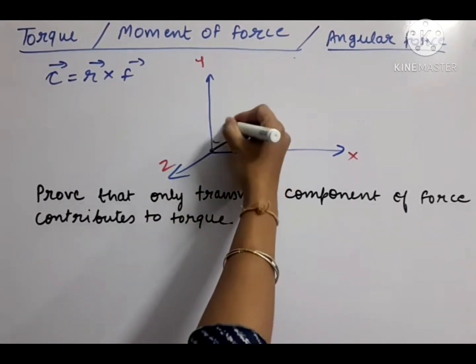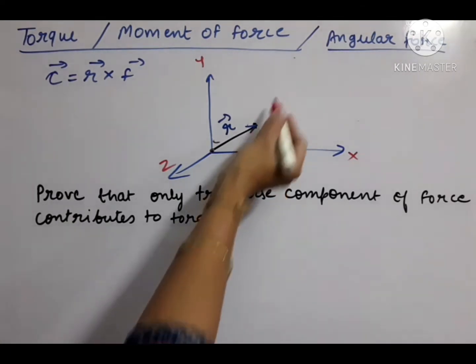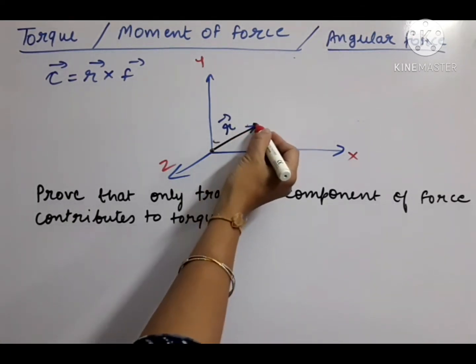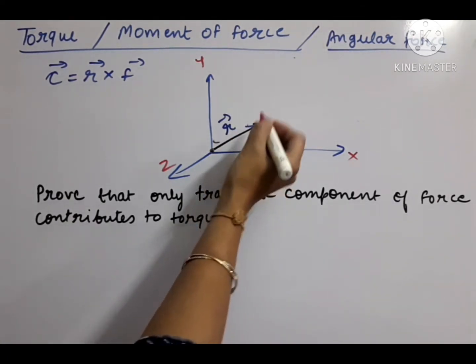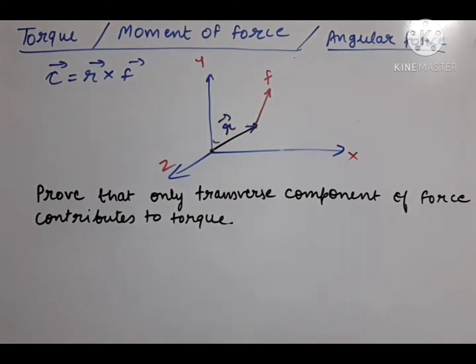Okay, so this is a vector, so we will write it in form of arrow. Now suppose a force is applied at any angle. At this free end, the force is applied at some angle. So suppose this is the force direction. Okay, we have to understand now the general case.